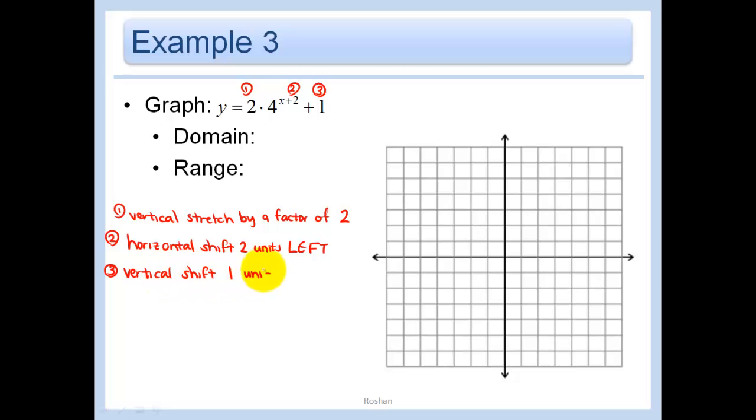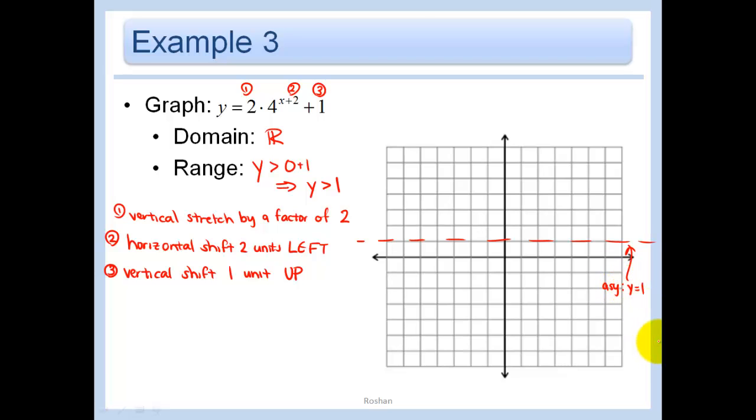1 unit up. And so, the domain has not changed, even though I shifted it a little bit, because the domain before was all real numbers. The domain is still going to be all real numbers. However, my range, remember before was just greater than 0. So now if I shift it 1 unit up, instead of being 0, it's going to be 0 plus 1. That's for the 1 unit up. In other words, our range is y is greater than 1. So I'm just going to draw a little dotted line here so I remember that that is my asymptote. I'm going to abbreviate it ASY, asymptote at y equals